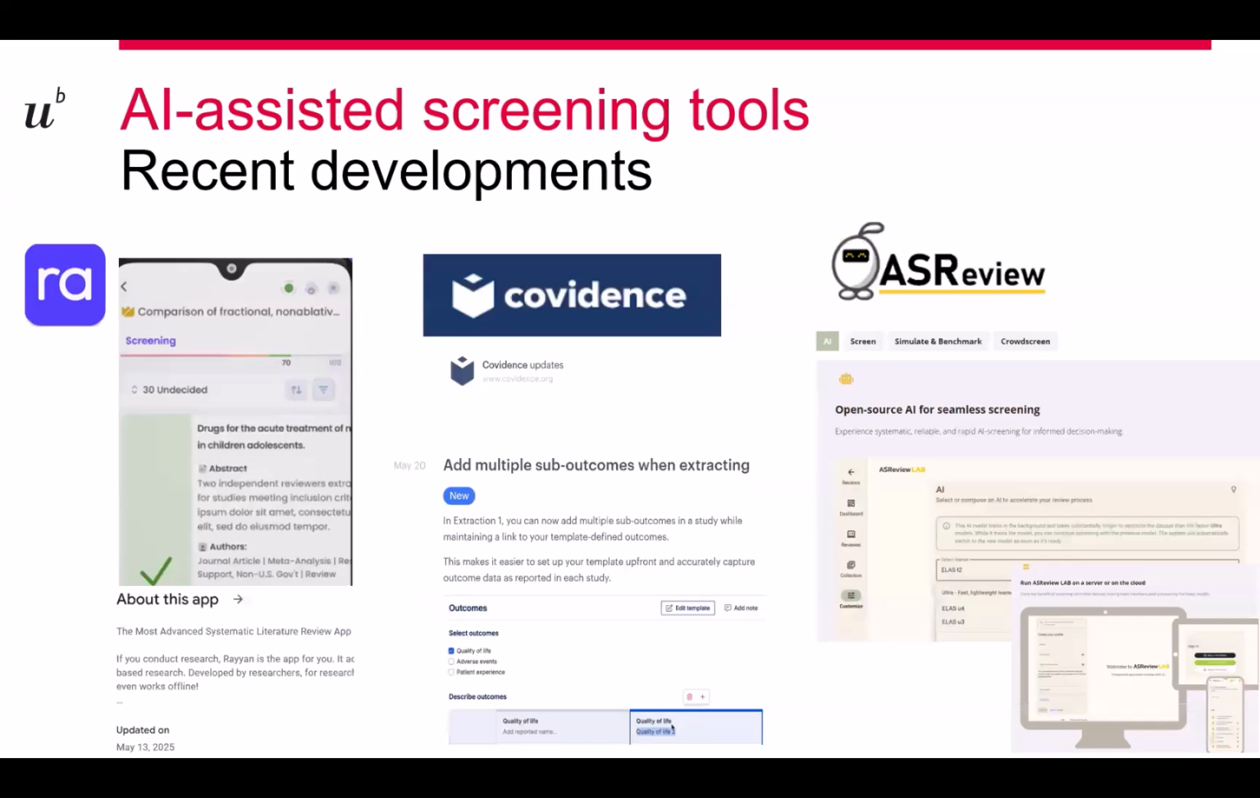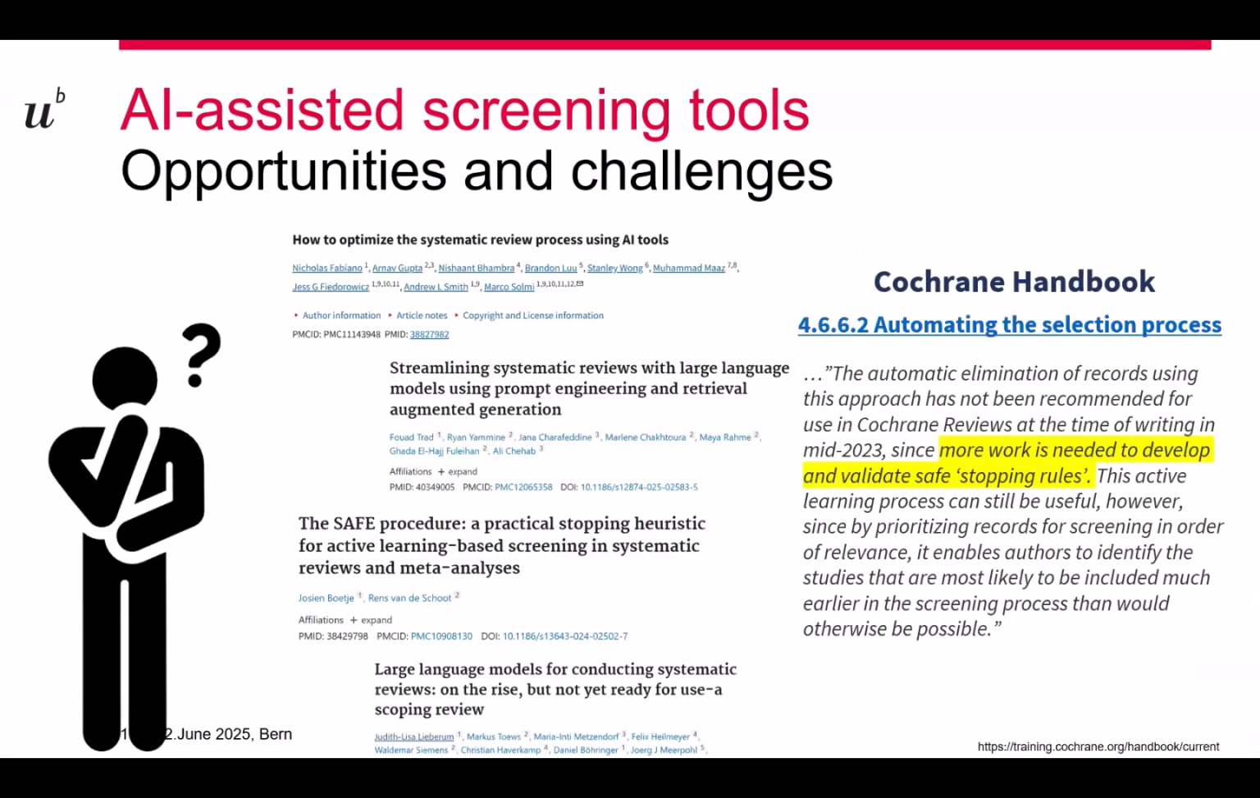And in the last couple of months, all 3 of these tools have done enhancements. And so, for example, in Rayyan, they had some enhancements with the mobile app. Covidence also now includes multiple sub-outcomes for extraction. And ASReview has other additional models that you can test and pilot if you use that tool for screening. And so this provides a lot of opportunity for us in terms of how we can leverage the different AI